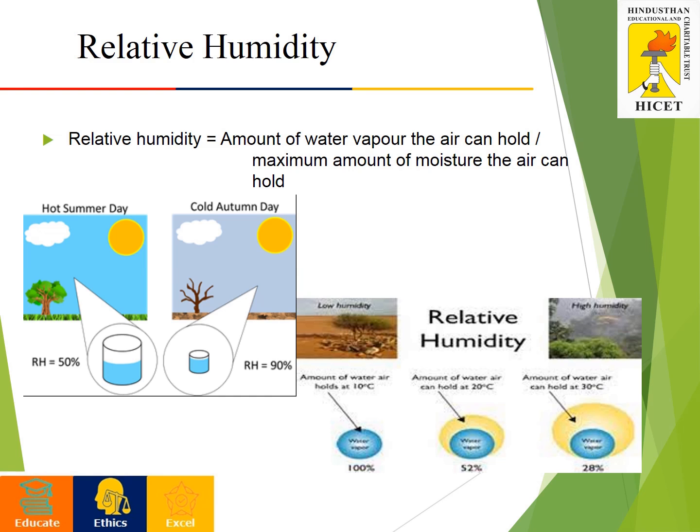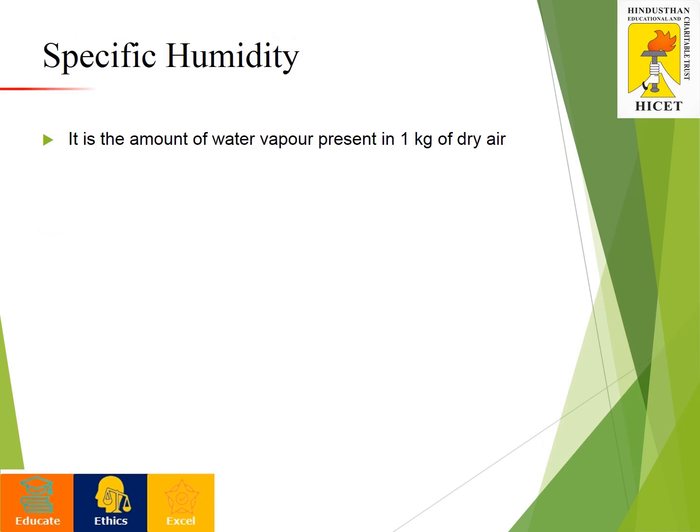So what is relative humidity? The amount of moisture in the air has a definite effect on the comfort of the human being. The comfort level depends more on the amount of moisture the air holds relative to the maximum amount of moisture the air can hold at the same temperature. So this is the moisture carrying capacity of the air. If you see the diagram, if the dry bulb temperature is low, we have low humidity, and if it rises to 30 degrees centigrade, the humidity rises.